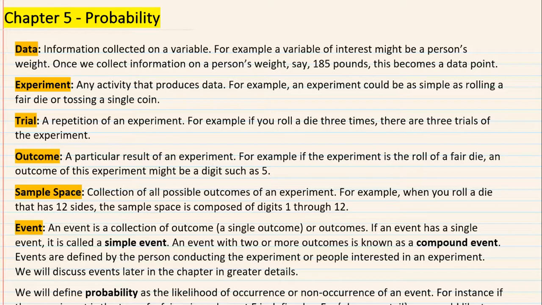We talk about outcomes of an experiment. An outcome is a particular result. If it's a single outcome, then it's singular, and of course you can have many outcomes. That would be the plural form of it. So for example, the reading of cholesterol level for a person, that would be a particular outcome of an experiment.